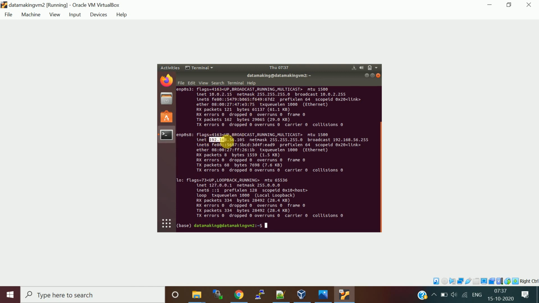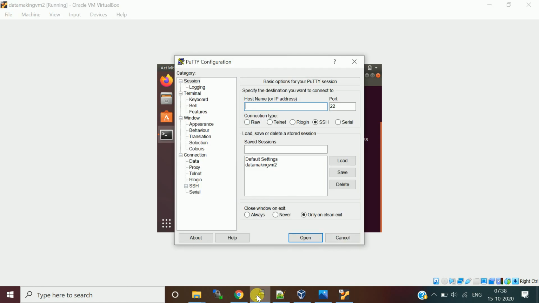Take the IP address ranging from 192.168, and followed by it will be a different number for you. So the starting address will be 192.168 followed by some number. Take this IP address.